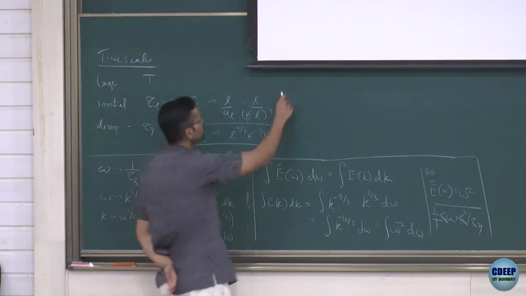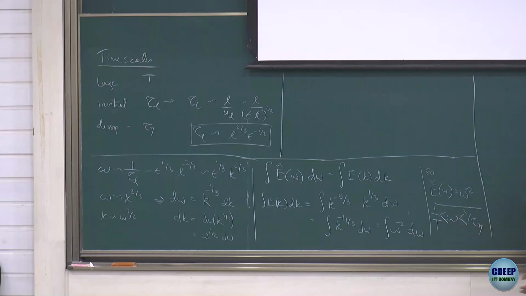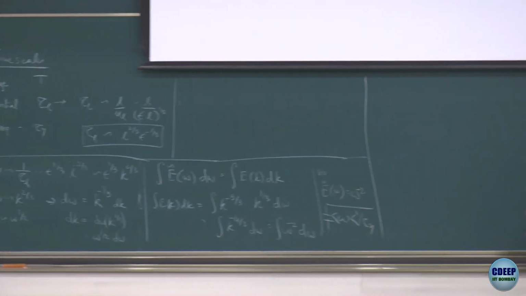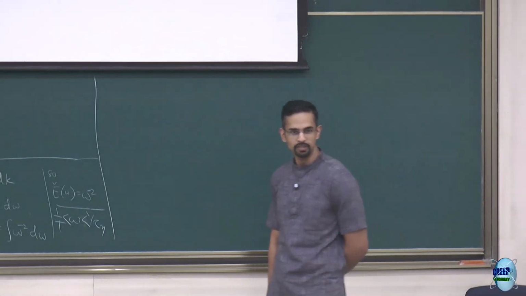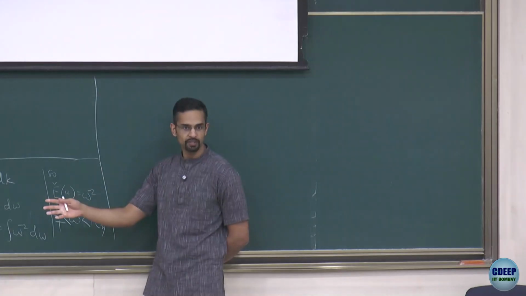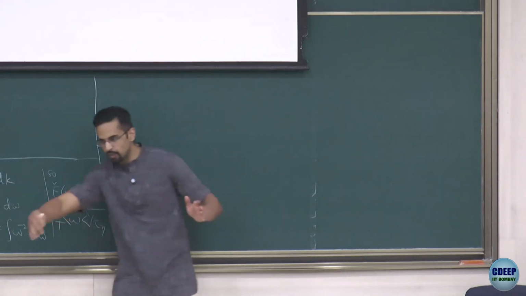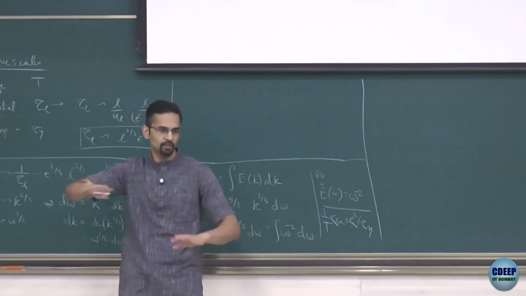So why did I do all this? It's because this gives me information about how the turbulent flow fluctuates in time. So to us it will look like some fluctuating signal. If you do a Fourier transform of this, you will see that in time I have a whole range of fluctuations. There are some slower fluctuations. If I look at the signal on long times, I'll see some variation, because nothing is periodic.